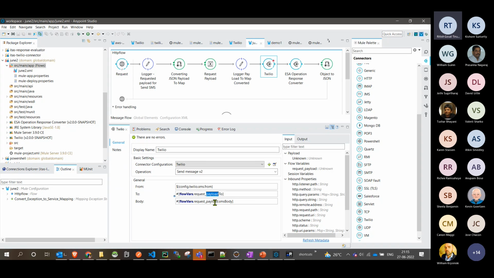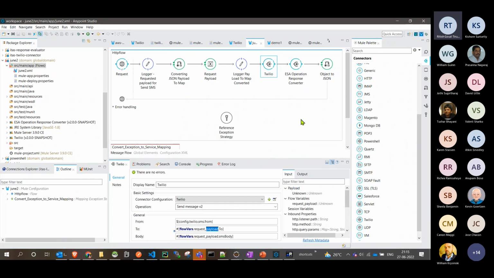One is the to, and the other is the SMS body. These two parameters are expected as inputs to this operation, and the output is, after sending the message from the Twilio account, the response sent back. So this is how you will typically create any discrete operation on the Mule side. Similarly, using this standard template, you can create